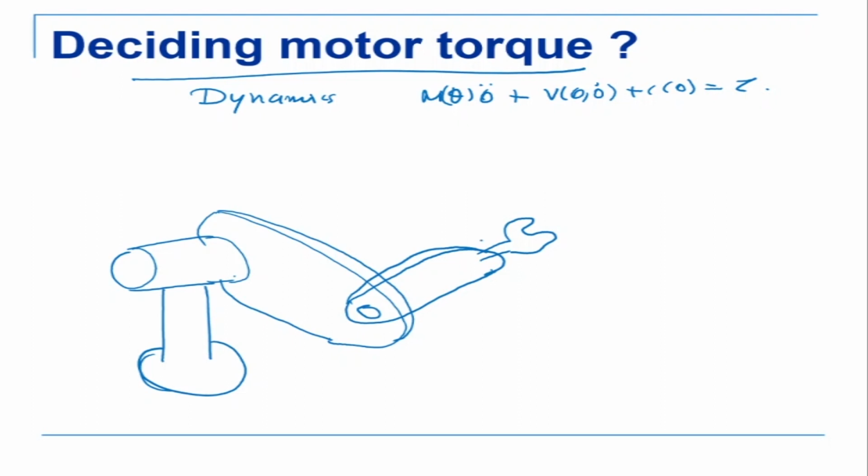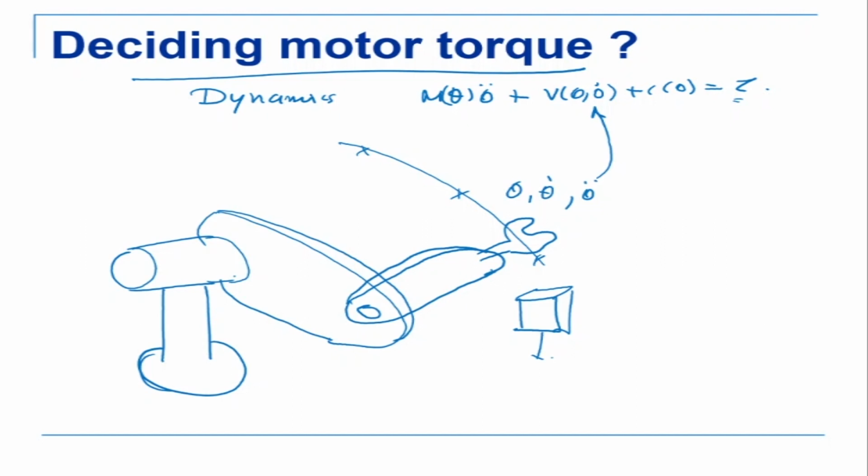When this robot is moving around in the workspace, it moves to different locations. It can pick up a mass and then drop it, or do some particular task. To move along a particular trajectory, we can compute theta, theta dot, and theta double dot by using trajectory planning. Putting that into the dynamic equation, I get my joint torques. Depending on the joint torques, I now have to decide my actuator.